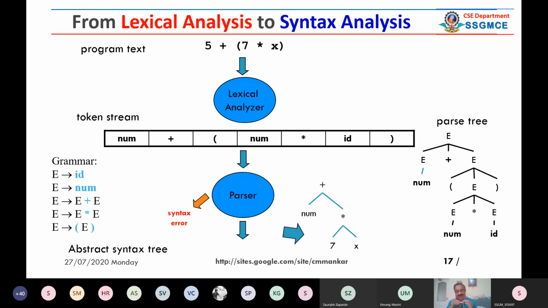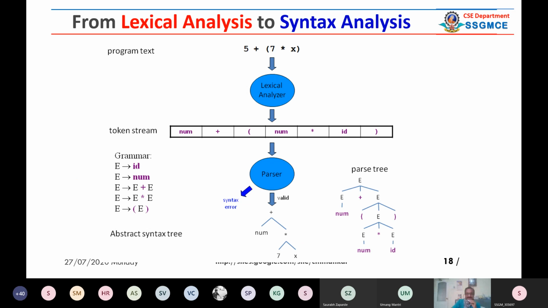During the lexical analysis there can be an occurrence of some error, like a lexical error. We shall see the different types of lexical errors, or you can go through the previous slides. The scanner reports lexical errors. The parser reports syntax errors. Syntax error means, if you are not able to generate a parse tree for a given statement, it means that there is some grammatical problem. That is reported by the parser. So this is an overview.